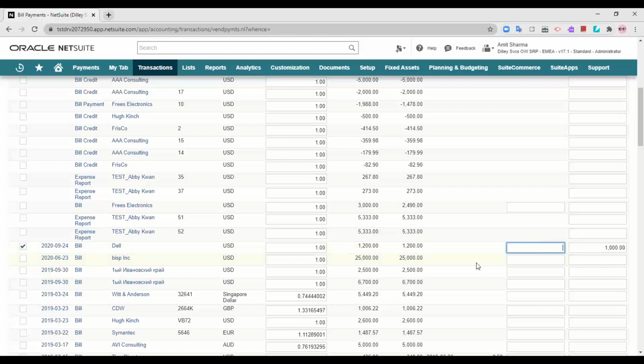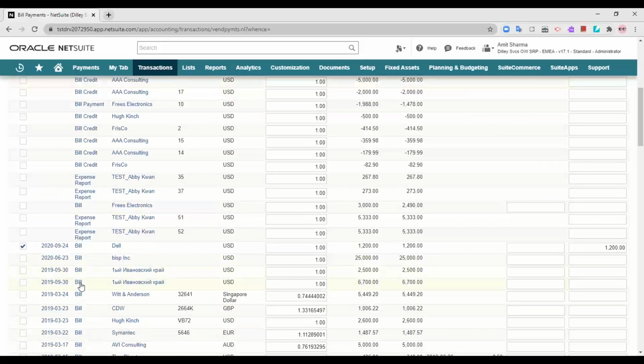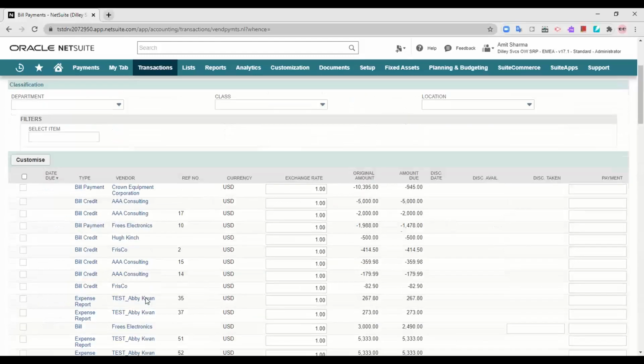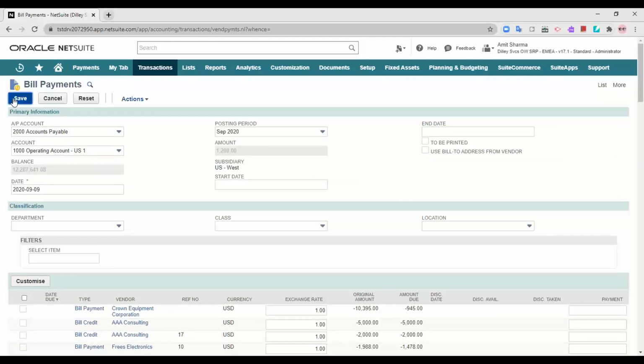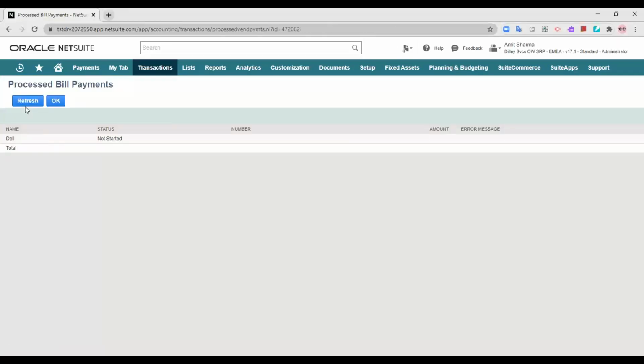But no discount has been provided, so the full payment has to be made on this particular bill. I can select as many bills as I would like to pay from here. Here we are selecting this particular bill that we have created, and I am going to save it or make a payment for this. So this is the process.